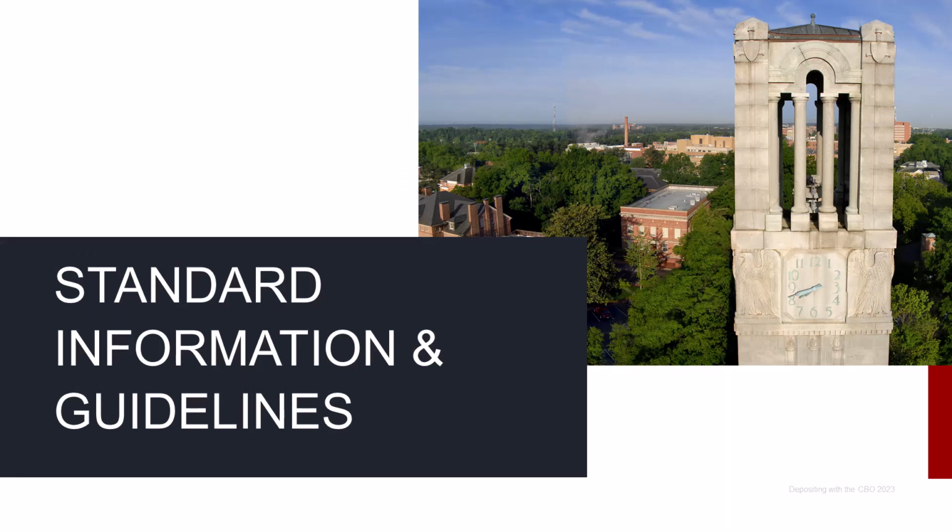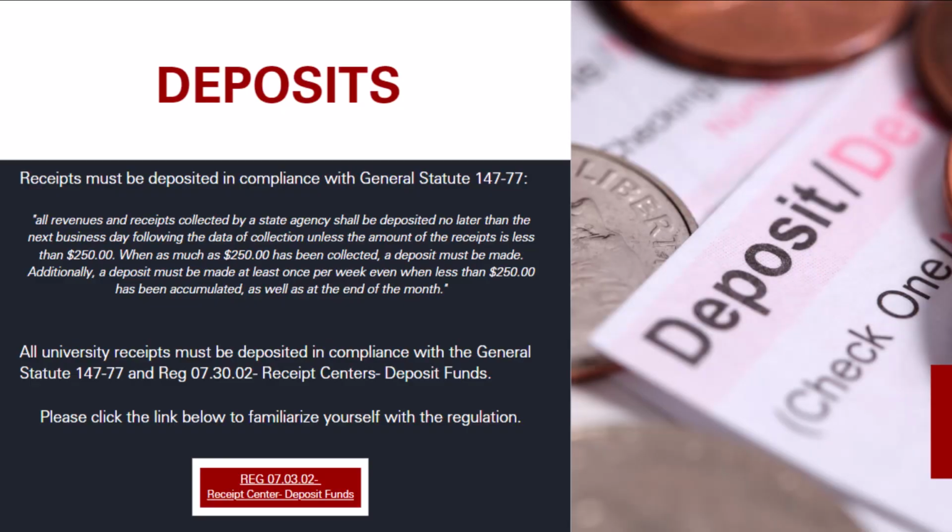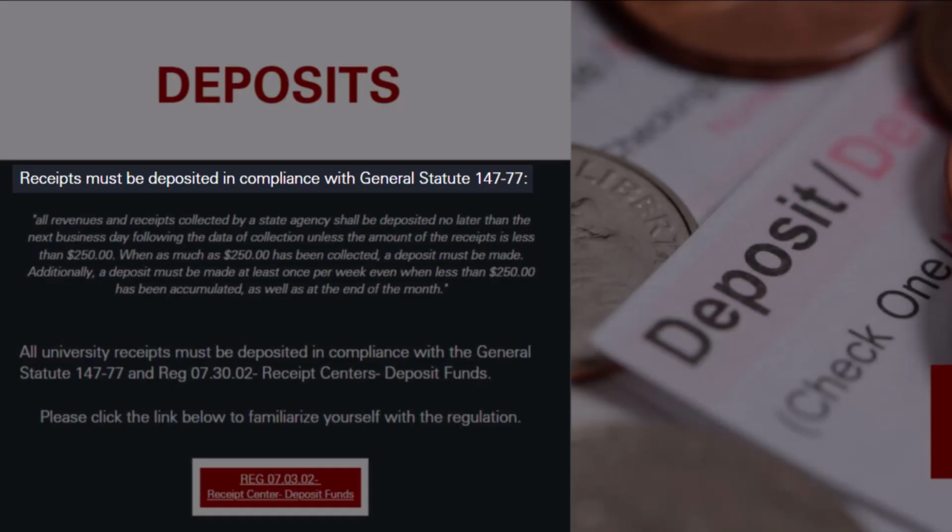First, let's begin with standard deposit information and guidelines. The university's deposit procedure is based on Regulation 07.30.02, Receipt Centers, Deposit Funds, and the General Statute 147-77, Daily Deposit of Funds to Credit of Treasurer. All university receipts must be deposited in compliance with the General Statute